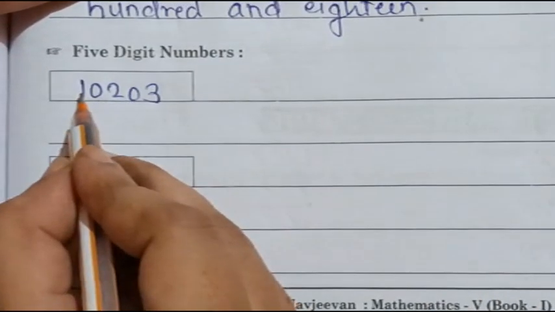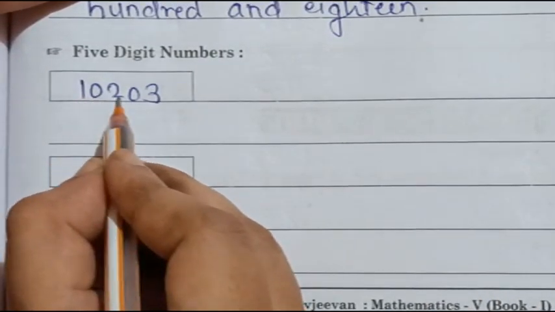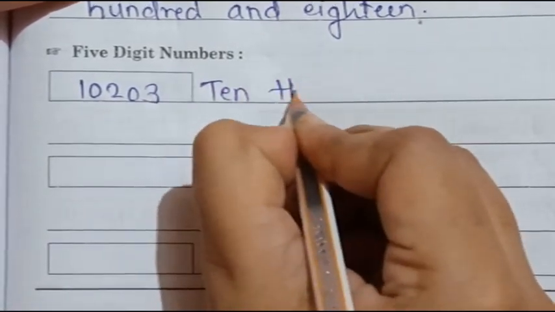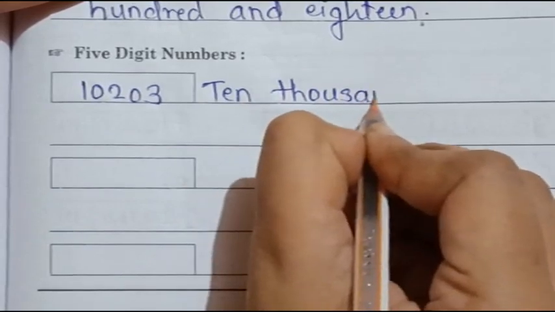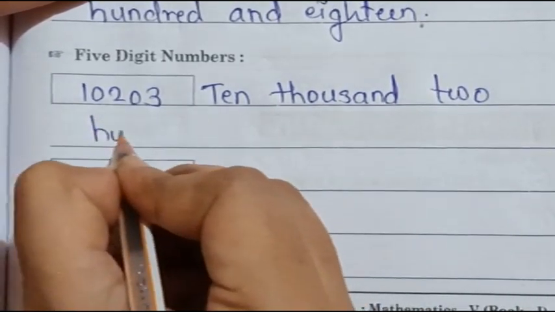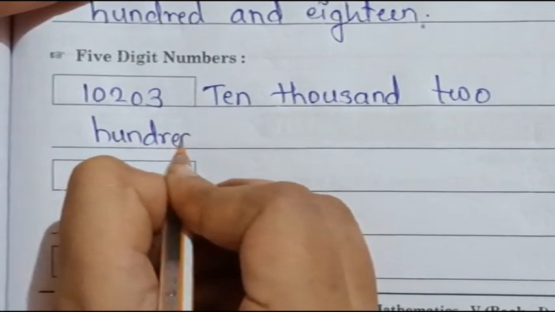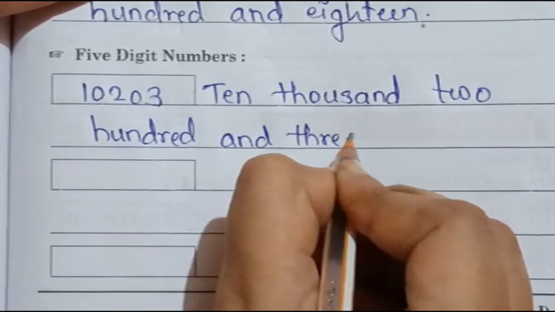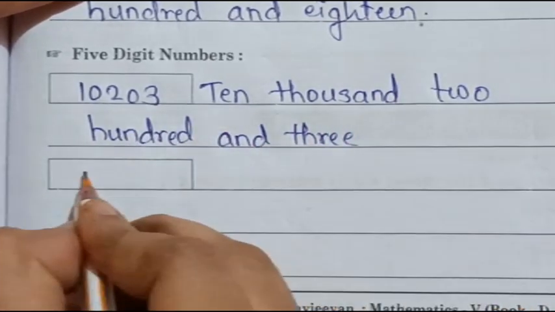How will I read this number? Two numbers together, that is 10,203. So I will write it as 10,203. Okay. Next number I'll write it as